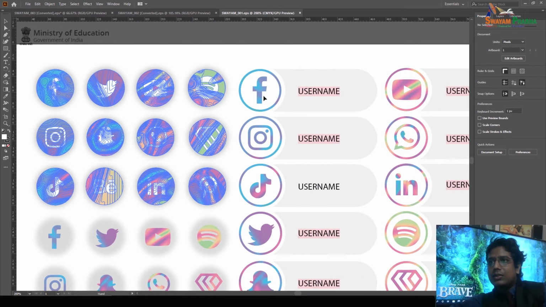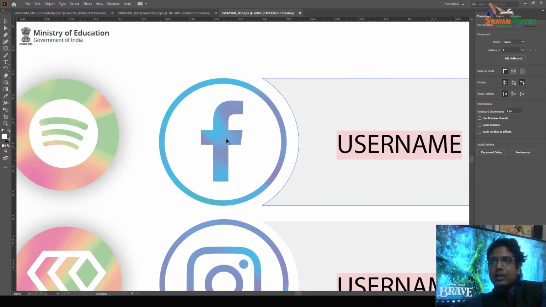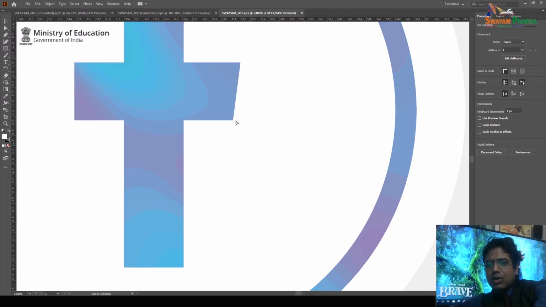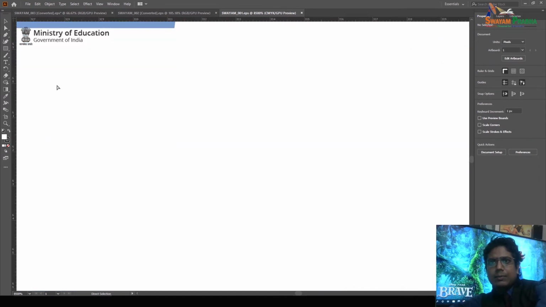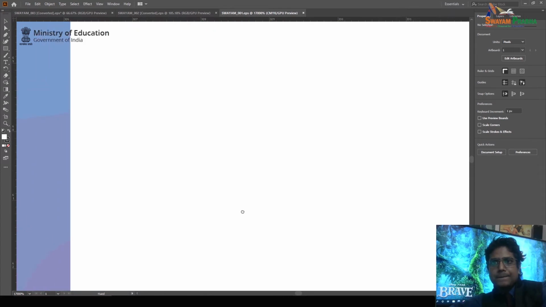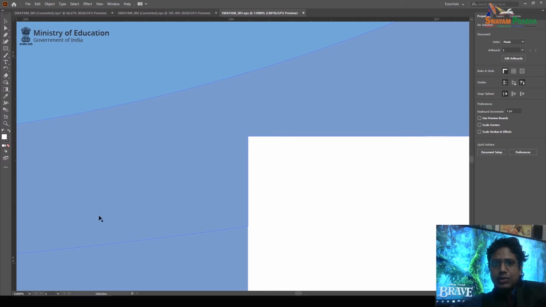Here you can check out a Facebook logo design. However much you zoom, you can see the boundary is not going to be pixelated, right? See here, I'm zooming. Here you can check out the zoom percentage: 51,000% I have extended the view. So this is the power of vector graphics, right?